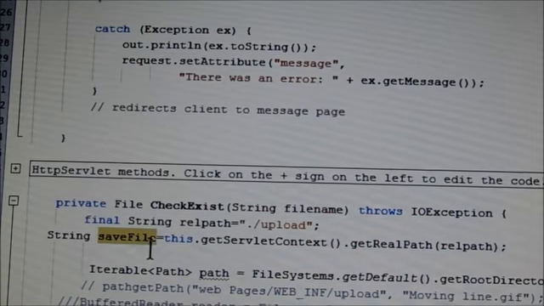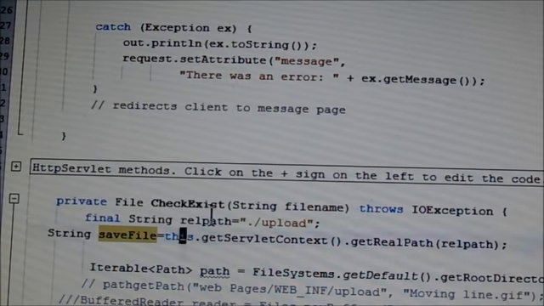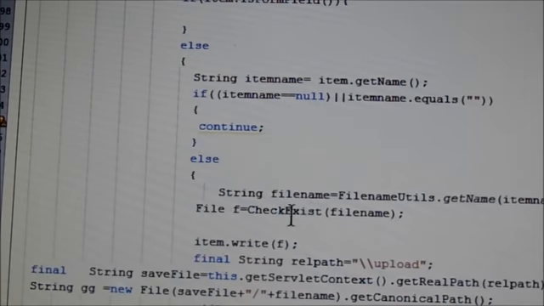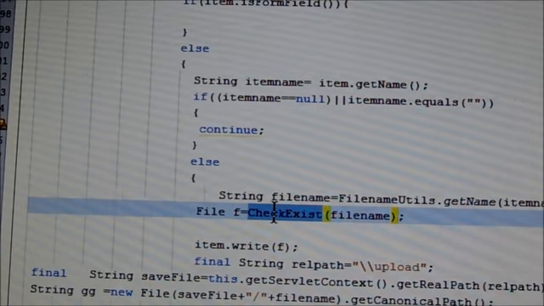This is a function file check exist. If your file already exists, this function is called here, f check exist.